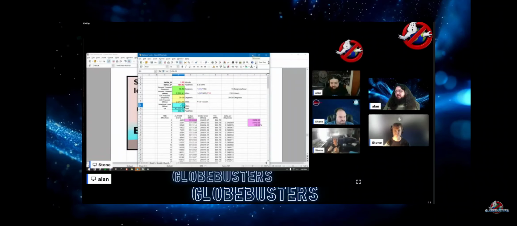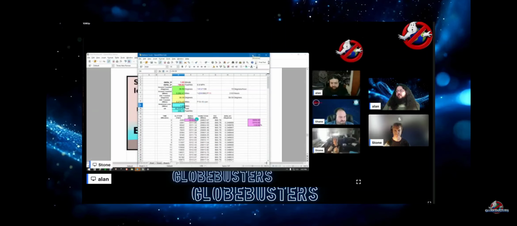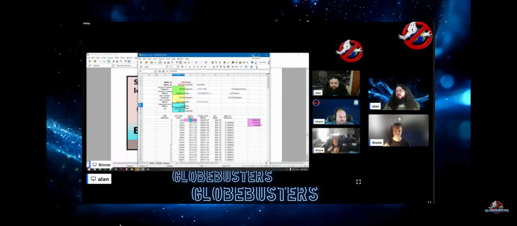So over that time, the Earth is going to be rotating out from underneath him. There should be a change in position here, and basically, Stone put everything out on a spreadsheet to account for the differences in speed, for the latitude-dependent rotation, for the time he was in free fall versus not free fall, all the necessary things one would need to dynamically predict when this man hit the ground. Stone included all of that.